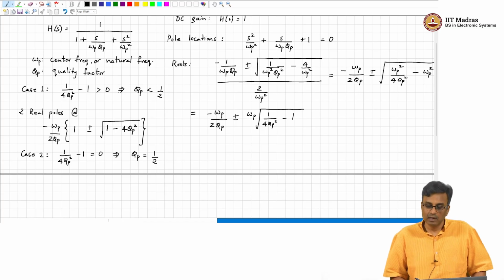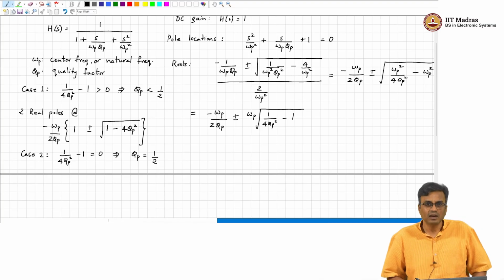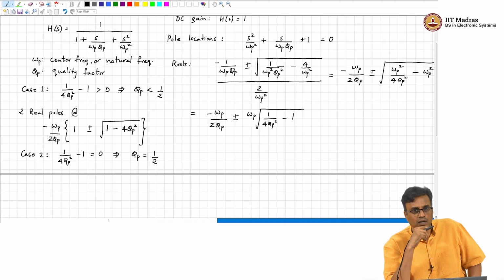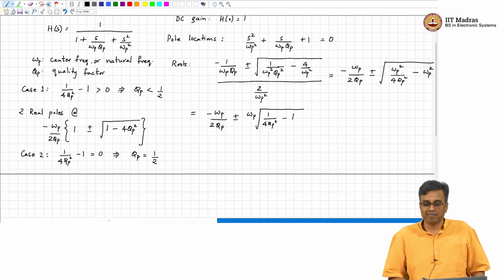How many poles do we have? Okay, and where are the poles located? Yes, minus. How did you get omega p? So, from the quadratic, where are the two poles? So we have a case where, if Qp is exactly half, then